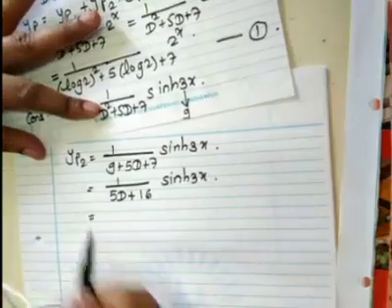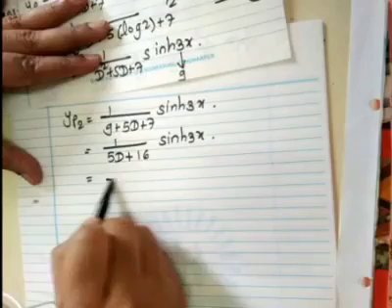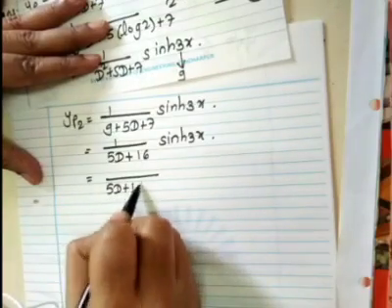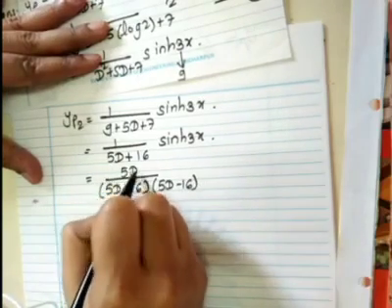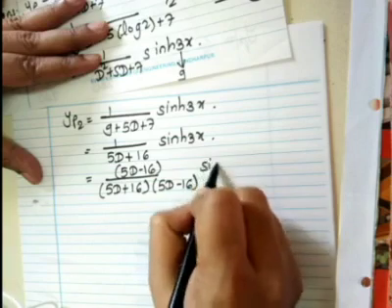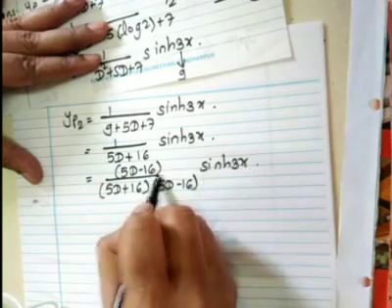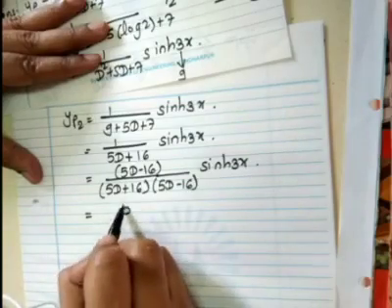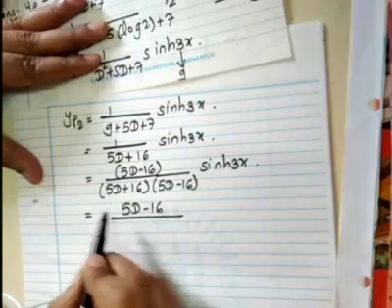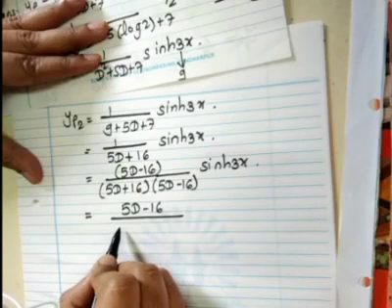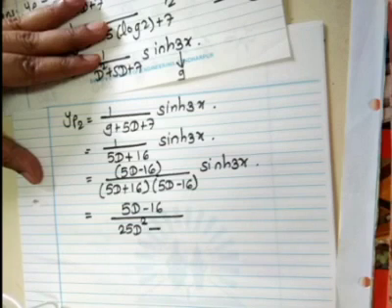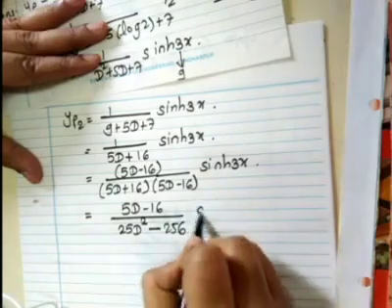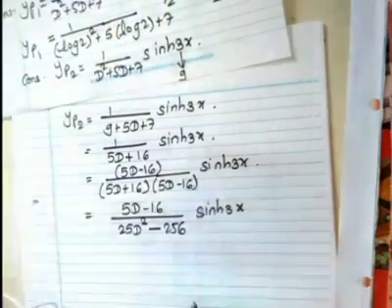Okay. So as now there is d, we need d square. So we have to rationalize again. That is 5d plus 16, 5d minus 16, 5d minus 16 into sine hyperbolic 3x. Right? That is 5d minus 16 upon a plus b, a minus b, a square, 25d square minus 16 square. What is 16 square? Yes, it is 256. Yes, 256 into sine hyperbolic 3x.